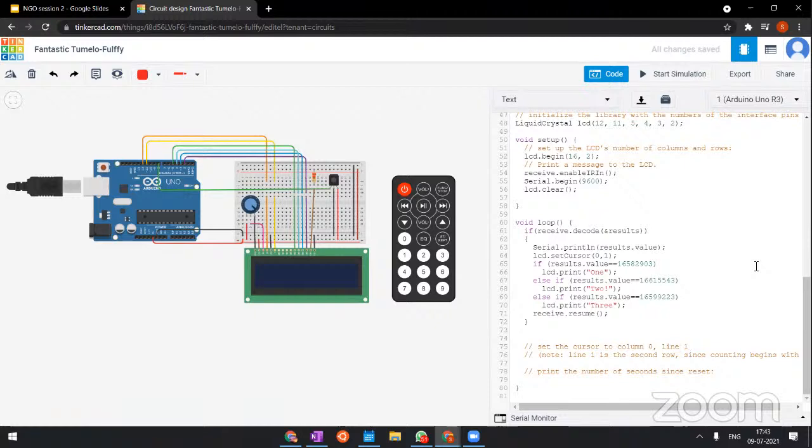But you can try clubbing things. Say if you give 1, then rotate the servo motor by 10 degrees. For 2, rotate it by 20 degrees. So now you have a lot of project options with all the things. The recording I think will be available on YouTube. I'm not so sure. And if that is so, then you can rewatch the lecture and try to understand the code. Because once you understand the first LCD project that we did, and then the first IR remote project that I did a moment ago, then you could easily understand this project. You can also do a project like when you press 1, a red LED glows. When you press 2, a blue LED glows. Something like that. You can use your creativity and